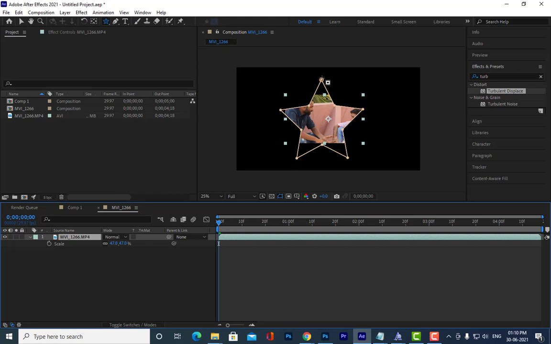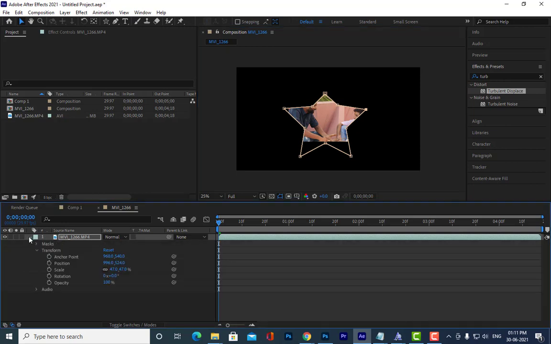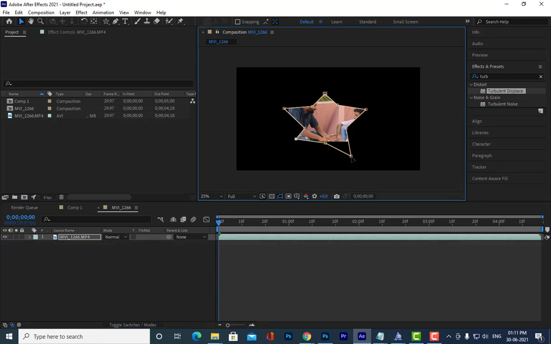You can actually adjust the star shape if you want, so that the video is only this much. Here you can adjust the shape. We are adjusting the shape now, and not the video. See, like this.